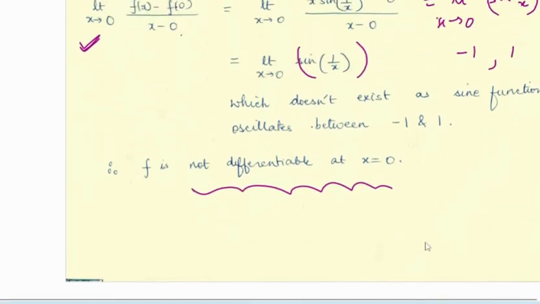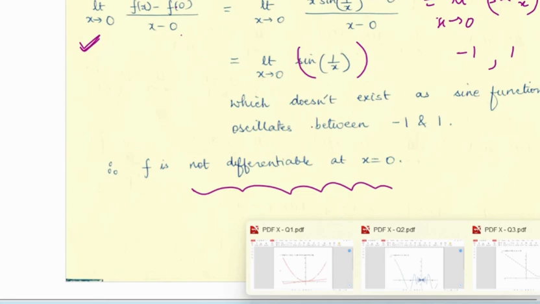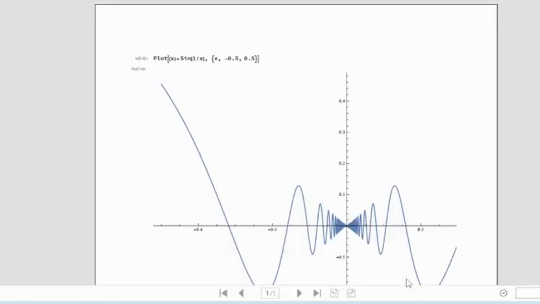So let's look at the graph of this function also to have a better understanding. You can see this is the graph of x sin(1/x), and you can see what is happening at 0 here. At 0, there's no break in the graph. You can see there's no break. It's oscillating infinitely here. So 0 is a point where there is no break, and hence continuity is there, but